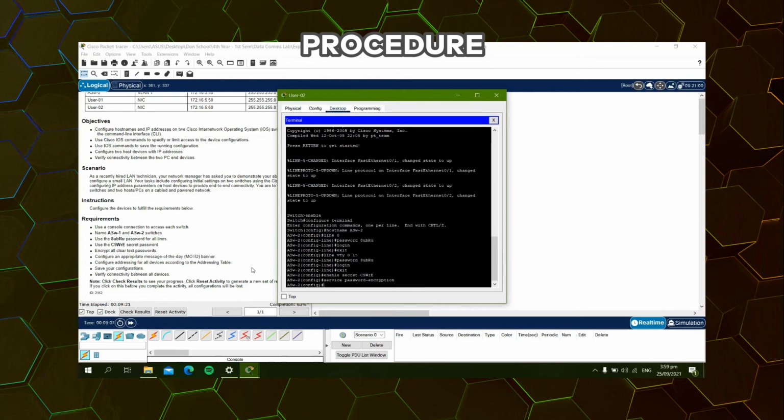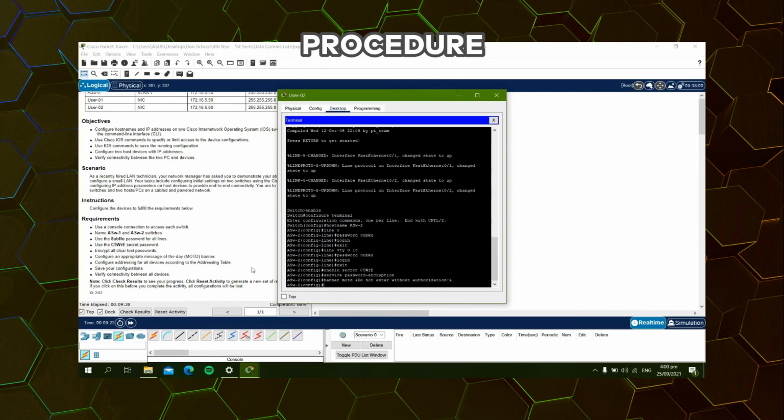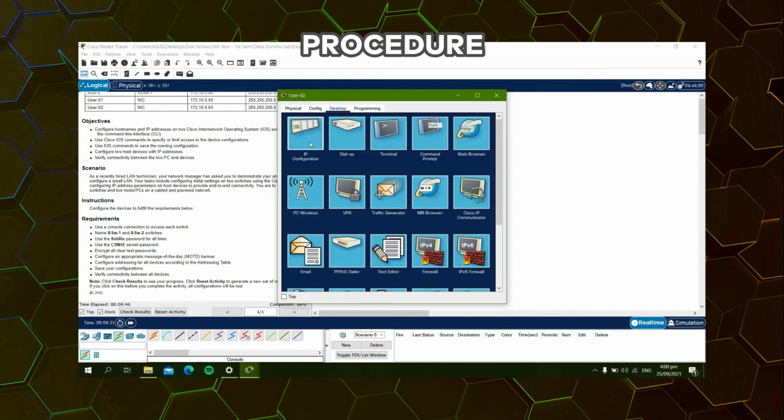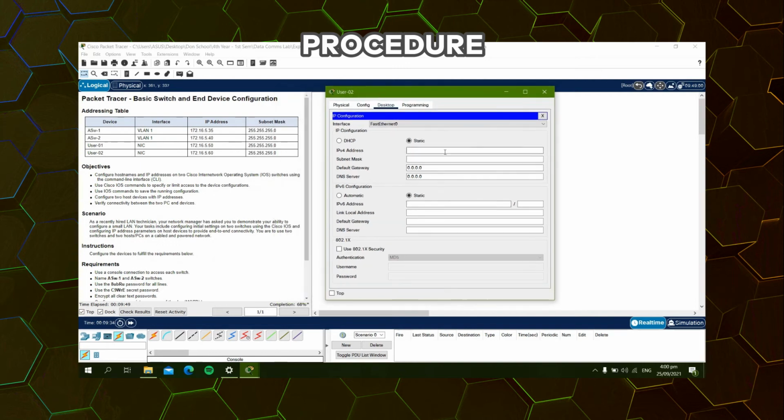Afterwards, banner. So for the banner, we would type banner MOTD and end signs. Do not enter without authorization. And afterwards, we would set the IP address. So exit, IP configuration, and for the IP configuration, the IP address would be for user 2. So we would input